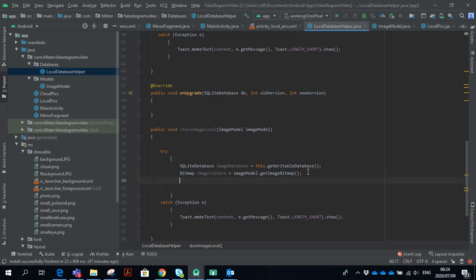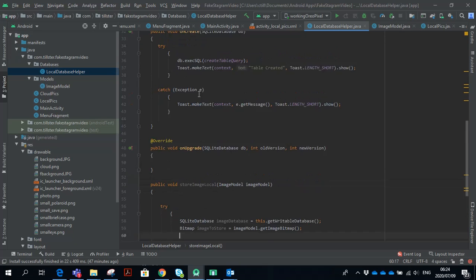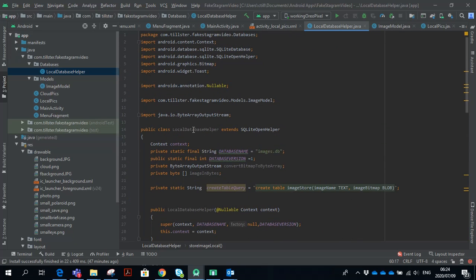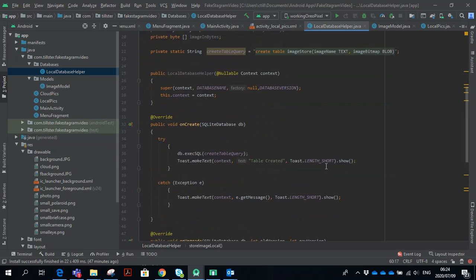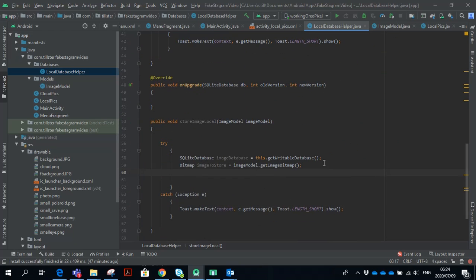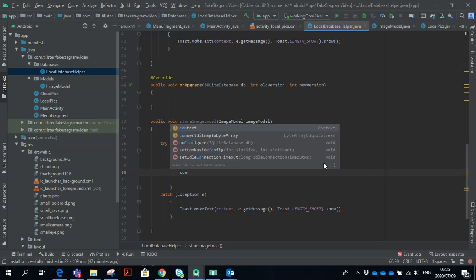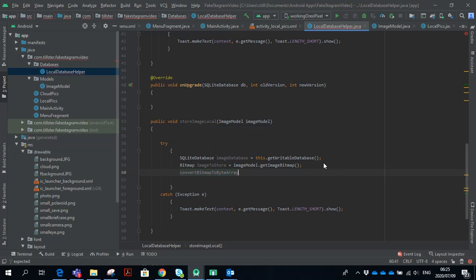Okay, perfect. We then want to convert this bitmap to an array. And remember we made that guy right up here that says byte array output stream convert bitmap to array. So we will be using him now. So we're going to say convert bitmap to array